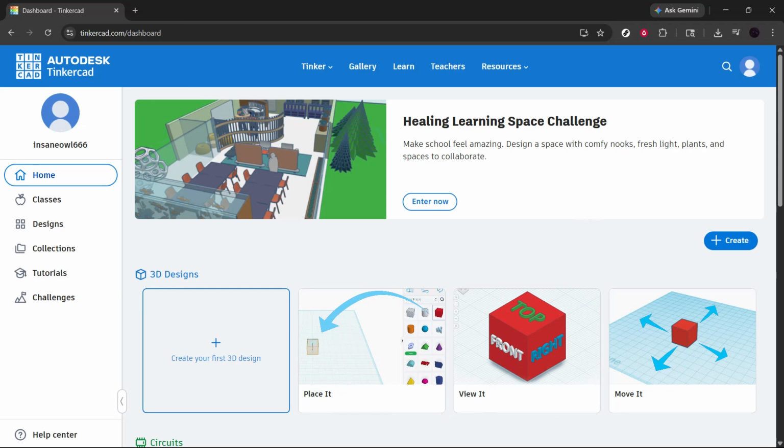In today's video, I'm going to show you how to change the language in Tinkercad quickly and easily. This is a really useful tip if you want to work in your preferred language, make the interface easier to understand, or help someone else use Tinkercad more comfortably. The best part is, it only takes a few seconds, and you don't need to install anything or change complicated